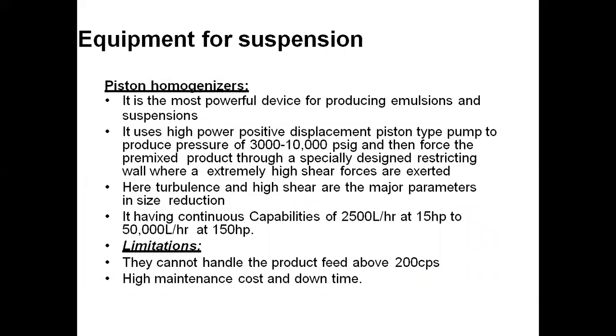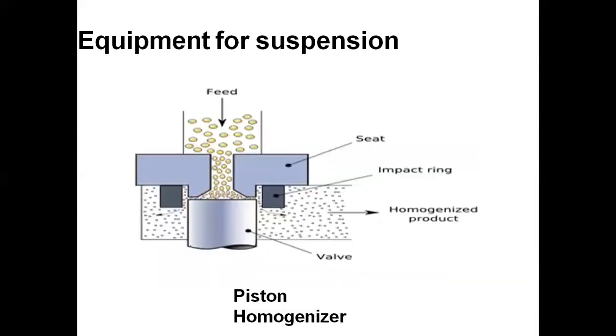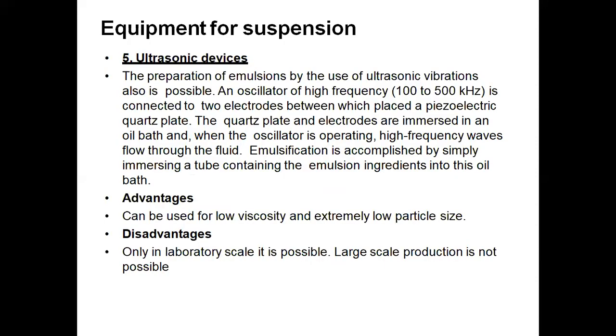Then piston homogenizer. It is the most powerful device for producing emulsions and suspensions. It uses a high power positive displacement piston type of pump, producing pressure of 3000 to 10,000 psi, and then forces the pre-mixed product through a specially designed restricting valve where extremely high shear forces are exerted. This is the image of the piston homogenizer. Ultrasonic device. An ultrasonic device is also used for the preparation of emulsion by the use of ultrasonic